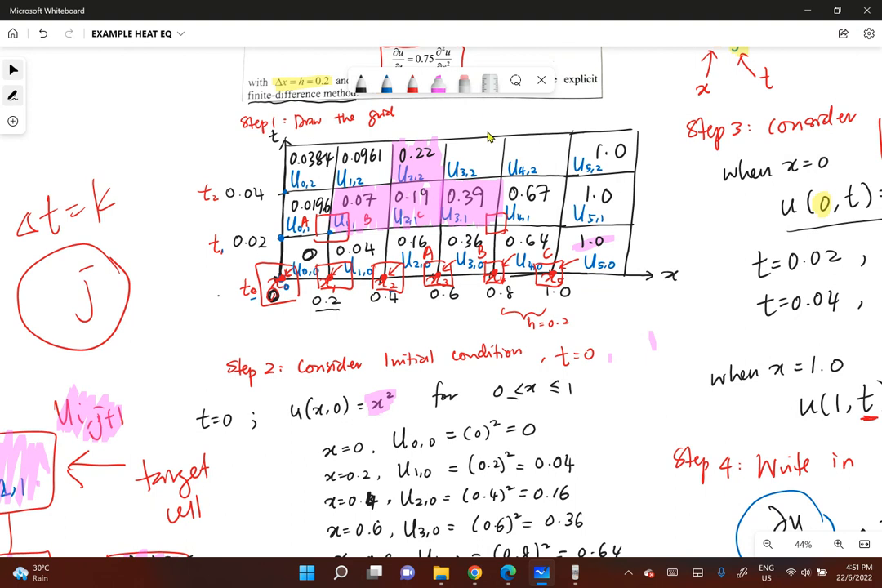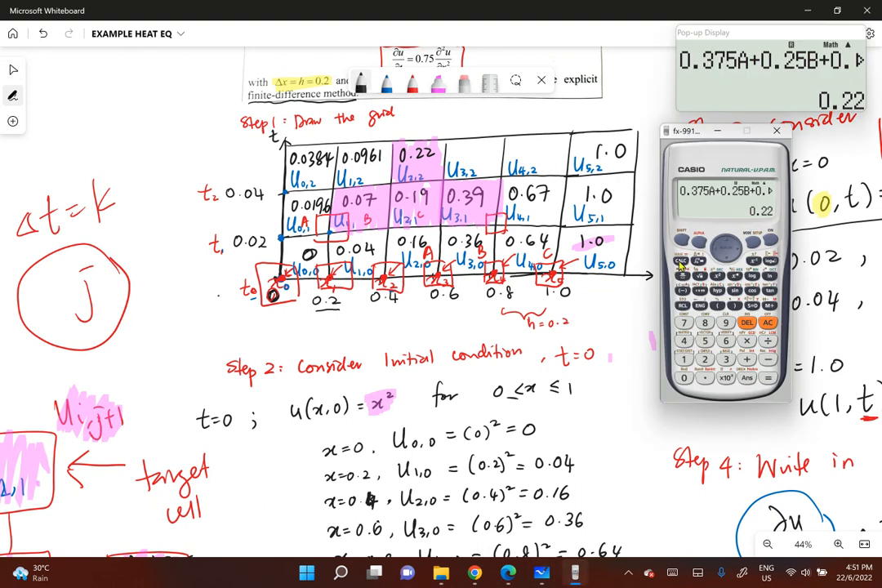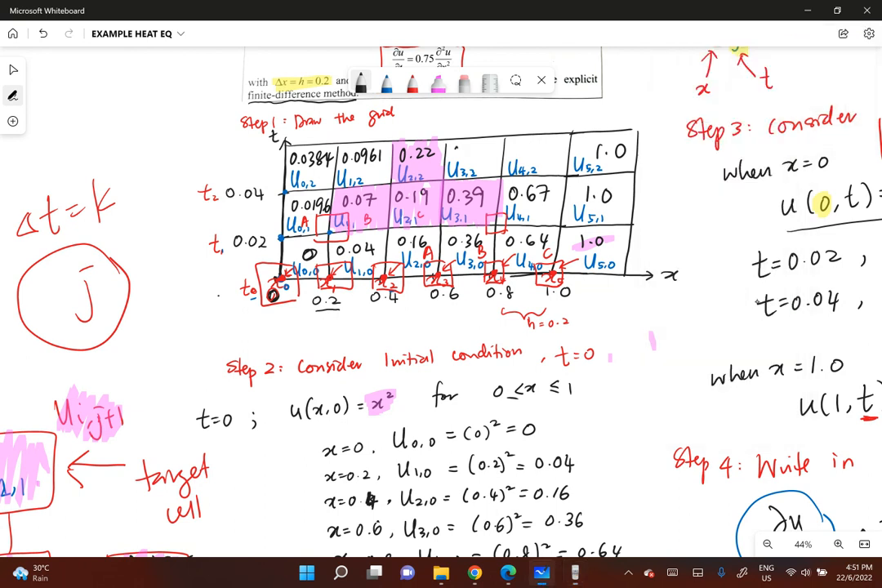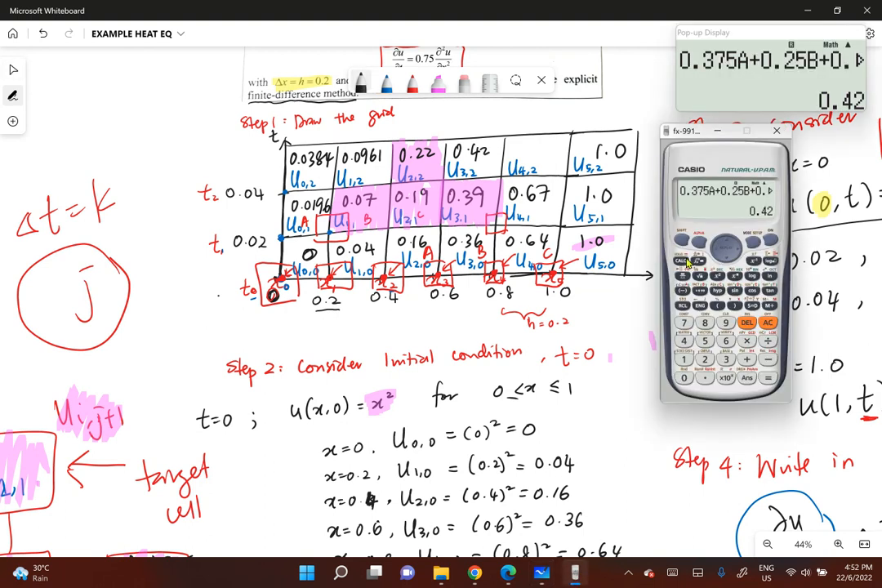Okay, so we continue lagi. Sekarang, so A now is 0.19. B is 0.39. C is 0.67. Okay, so we get 0.242. And then continue lagi. The last one is calculate. A is 0.39. B is 0.67. And C is 1. So you get the value of U42, that is